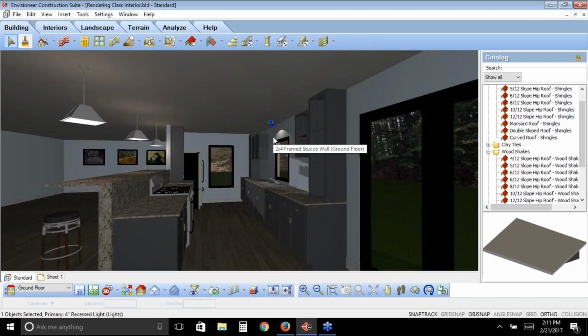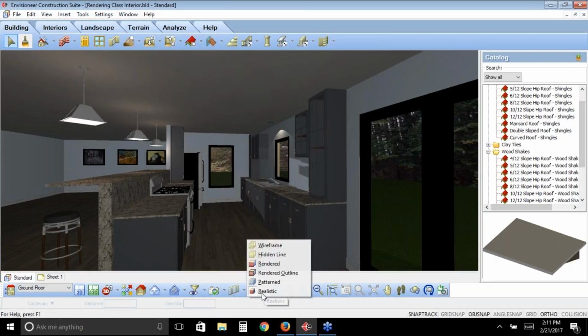The other type of light that is in our space is the natural light that's going to flow through the windows and the doors, any kind of glass that we have, and it's going to bring in the sunlight into our space. So how do we affect the settings of the sunlight? Well, if you go down to the very bottom of your screen and look at the different view modes that you have, you can view your model in a number of different ways. One is in the rendered view, which is the normal view when you go into 3D view. But we also have this realistic view, and that turns on the lights like you can see in my